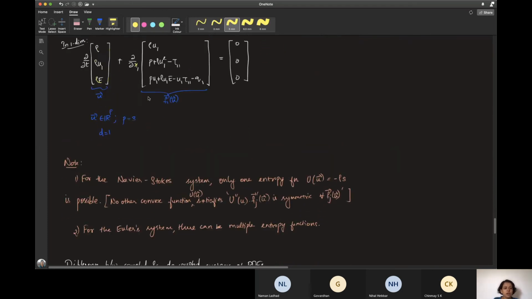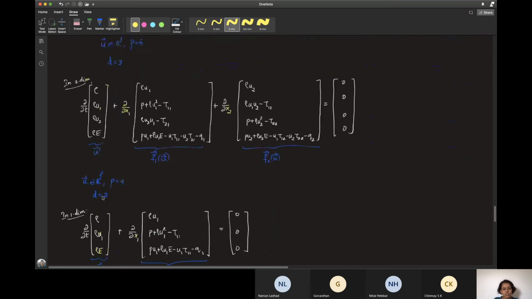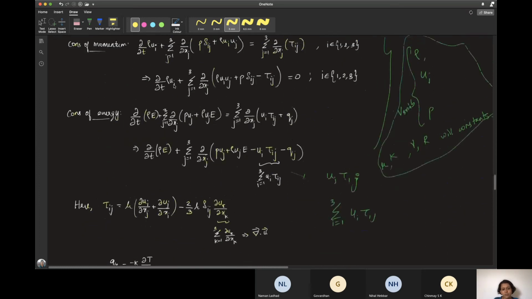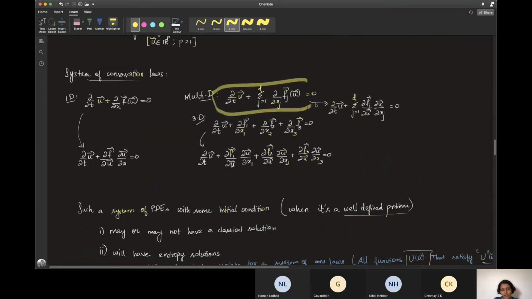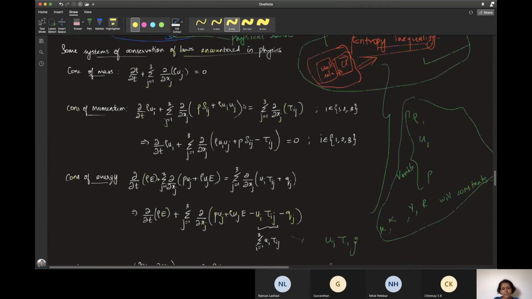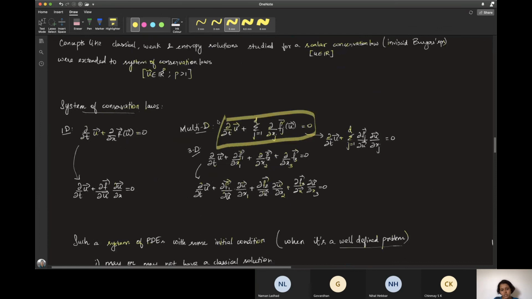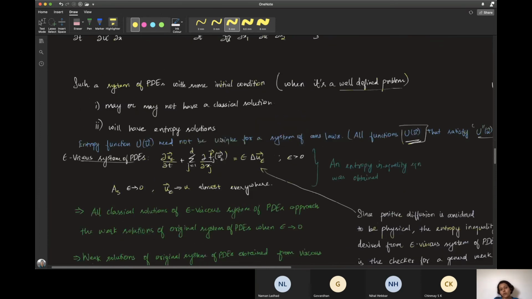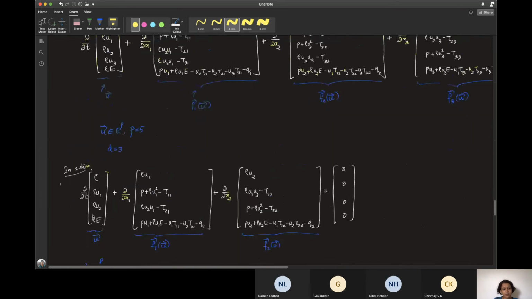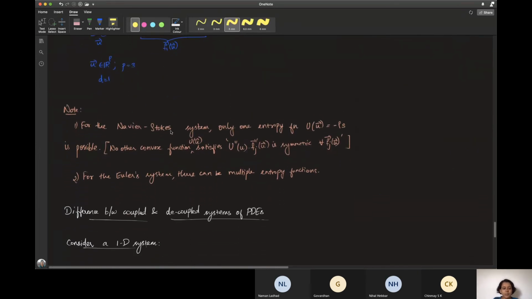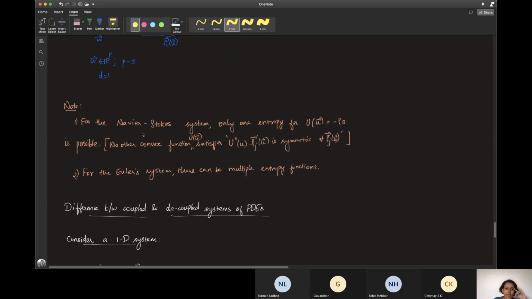So that is something to be noted. Now each of these is a system of conservation laws. Each of these is an example of something that we have seen earlier. All three systems fall under this category. So all the theory that we have developed for systems of conservation laws will hold for all of these systems that we encounter in physics. So we can develop entropy functions, and we can find an entropy inequality for each of these systems.